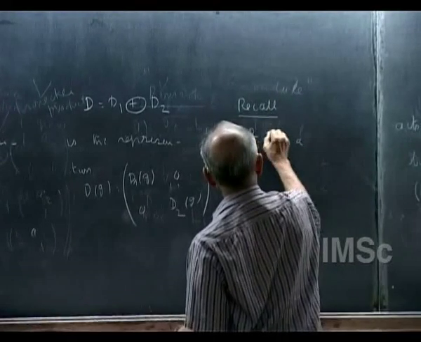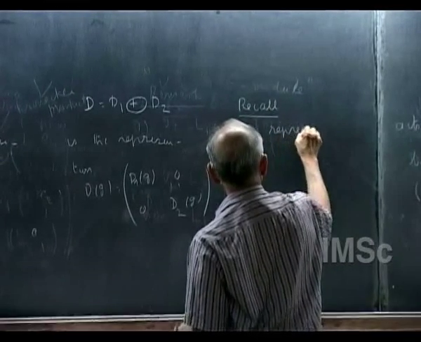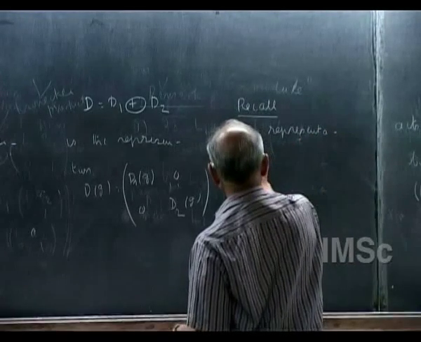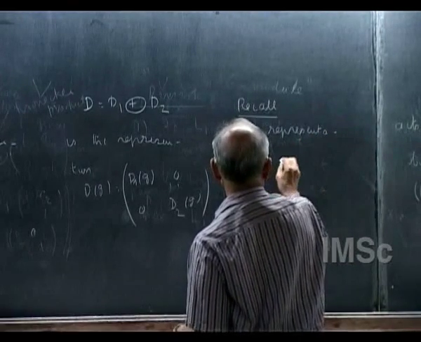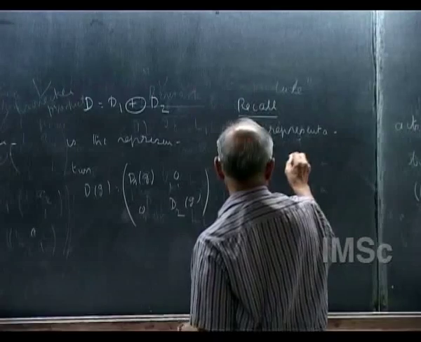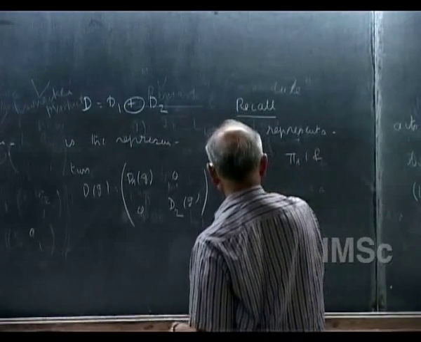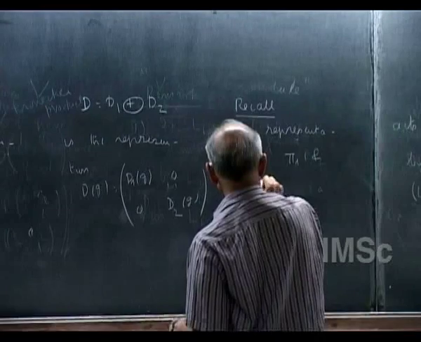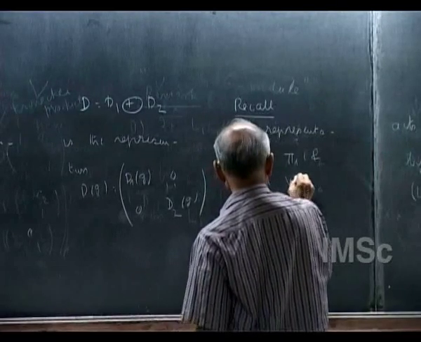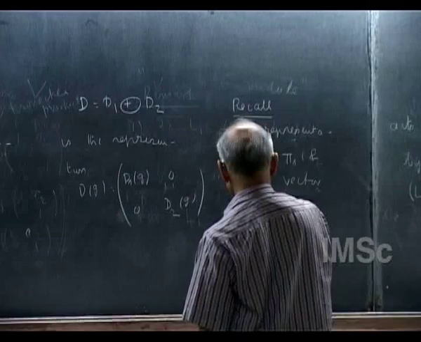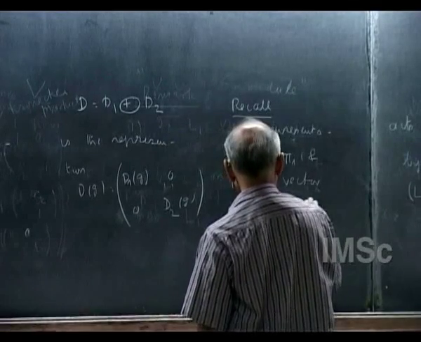Two representations, say pi 1 and pi 2, on vector spaces V1 and V2,